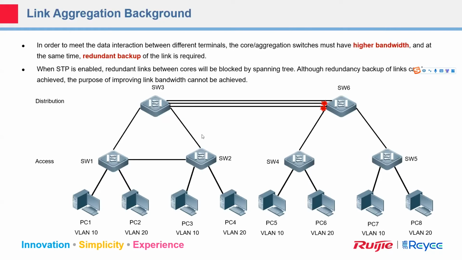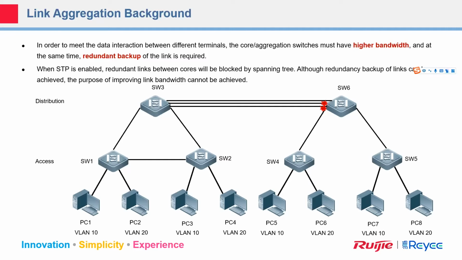Because maybe about this part, we can use the STP to avoid the loop, right? But between switch 3 and switch 6, we have 3 links. If we use the STP, at least 2 interfaces will be blocked. Otherwise, there is a loop, right? If one interface has 1 gigabit bandwidth, that means totally 3 gigabits, but we can only use 1 at the same time. If one link is broken, we can use the second one. But if we want to use the total bandwidth,